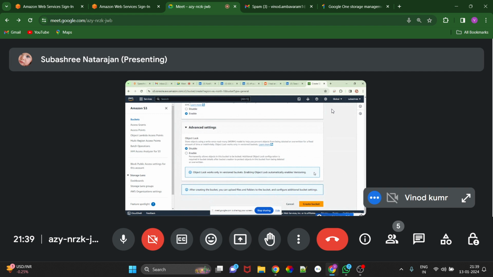All these things come under object lock. Once object lock is done, all these policies are enabled and it provides security. We don't need that now, but in real time we have to enable all these things. Now you can start creating the bucket.